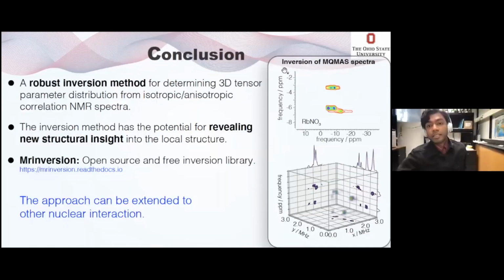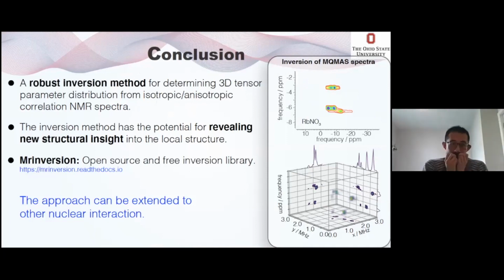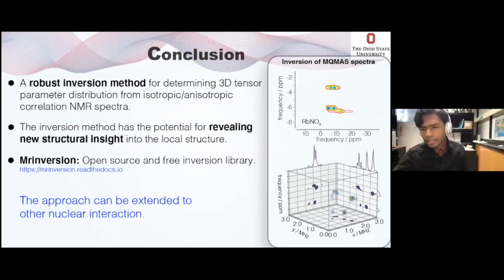Yes, that's a really good question. I should mention that this is still a work in progress. This is not a publication figure. Rubidium nitrate has 3 sites, and what we see here is 3 most distinct, but there's extra blurriness all around the solution. That is indeed an artifact, coming from the fact